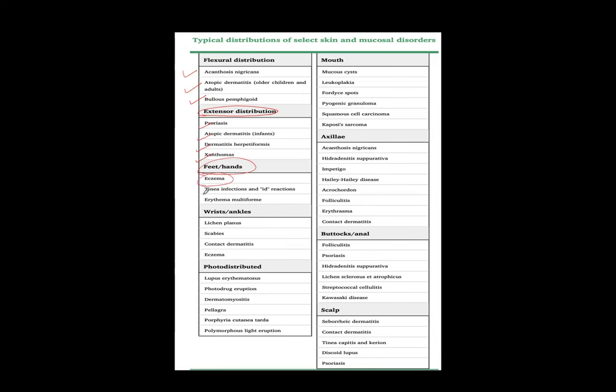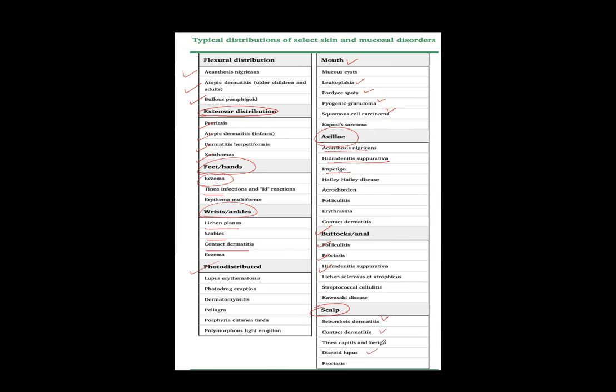In the feet, you will find eczema. In the wrist or ankles, you will find lichen planus, scabies, contact dermatitis. And these are the ones you will find in photo-distributed areas, typically lupus or a drug eruption. In the mouth, you can find leukoplakia, Fordyce spots, pyogenic granuloma, candidiasis, and squamous cell carcinoma. Axilla, again, you can find acanthosis nigricans, hidradenitis suppurativa, impetigo. Buttocks, you can find folliculitis, psoriasis, again hidradenitis suppurativa, and on the scalp, you can find scalp psoriasis, seborrheic dermatitis, contact